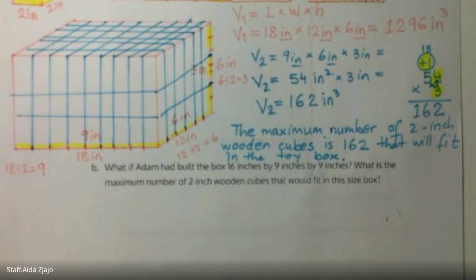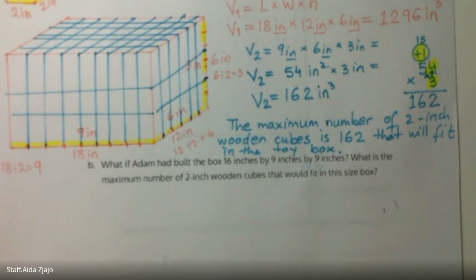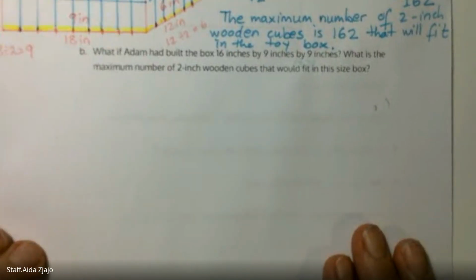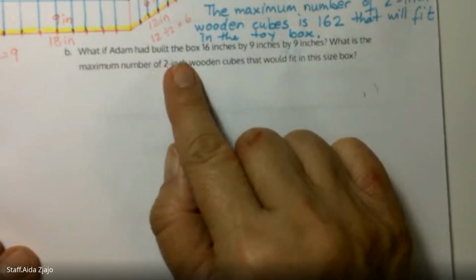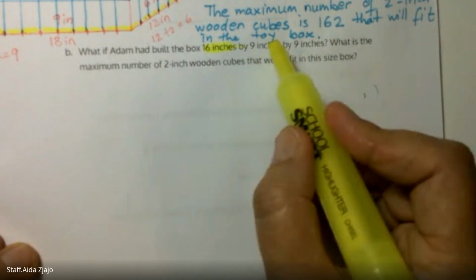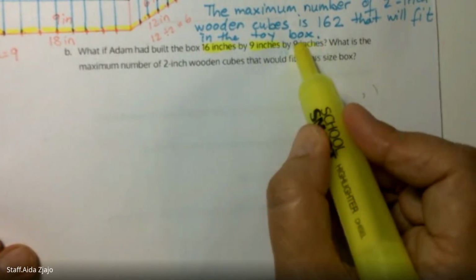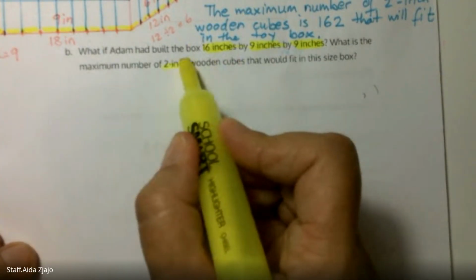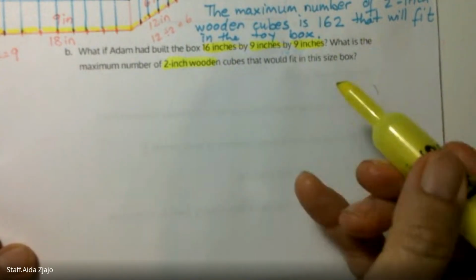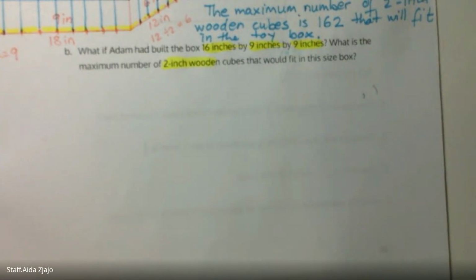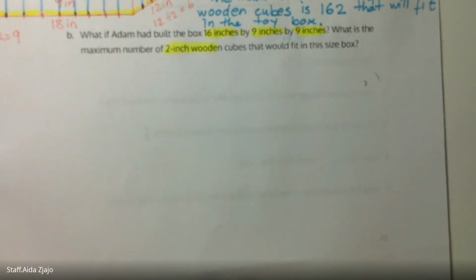Now we have the second part. What if Adam had built the box 16 inches by 9 inches by 9 inches? What is the maximum number of 2-inch wooden cubes that would fit in this size box? Okay, so